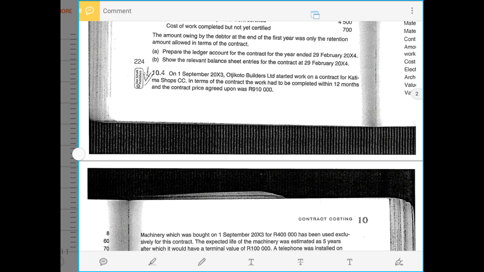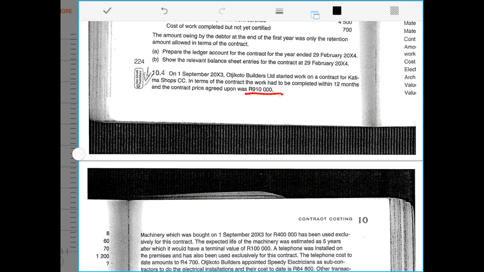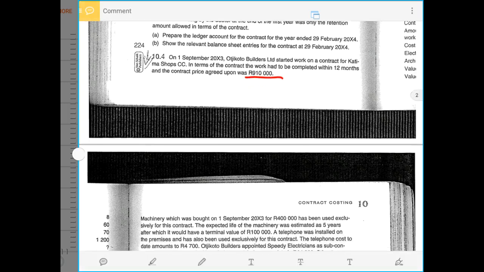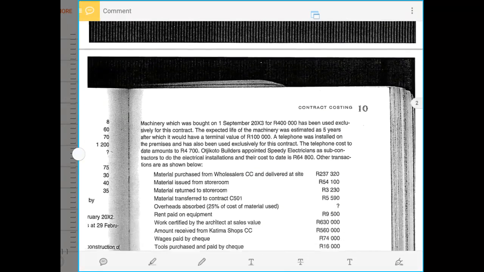In terms of the contract, the work had to be completed within 12 months. That means only 1 year. And the contract price agreed upon was 190,000 rands. So now this is the price of the contract. And it continues by saying that